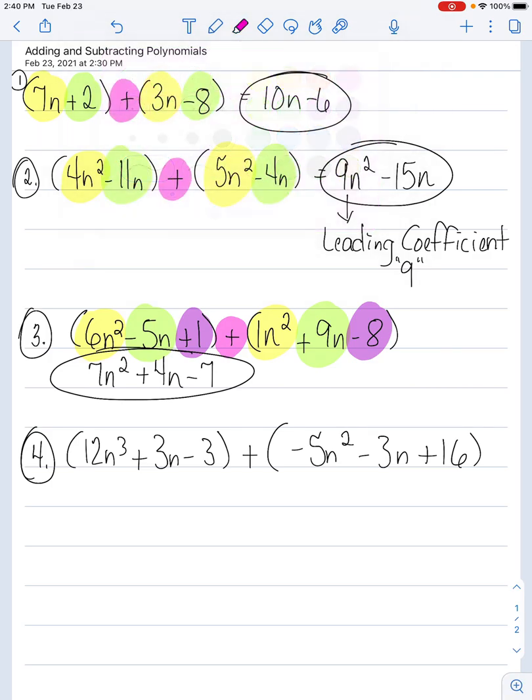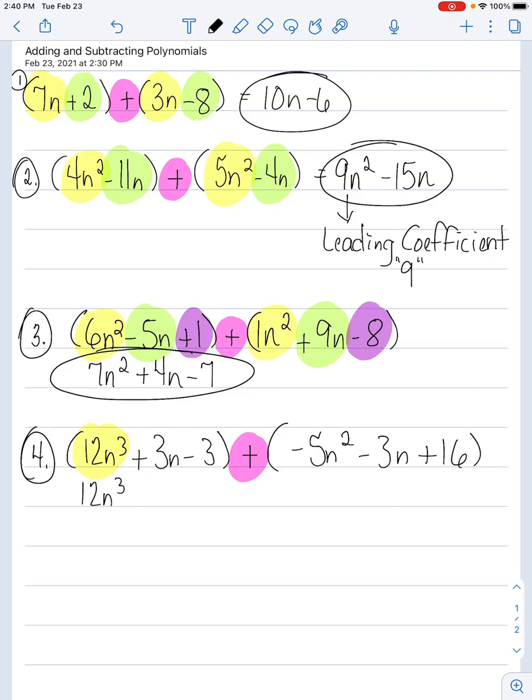So first, I see I have a plus in the middle, so that means I can just combine like terms. Now, I'm not going to highlight these so you don't get confused. Well, maybe I will. That's okay. I think it helps. So looking at these two, the highest exponent I see is to the third power, n to the third power. I don't see anything with n to the third power anywhere else, so I'm just going